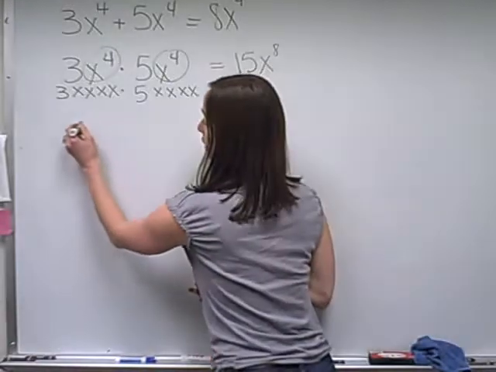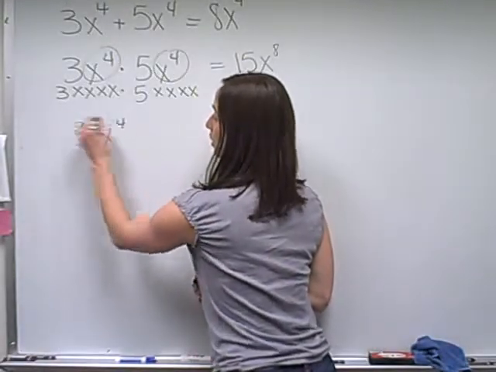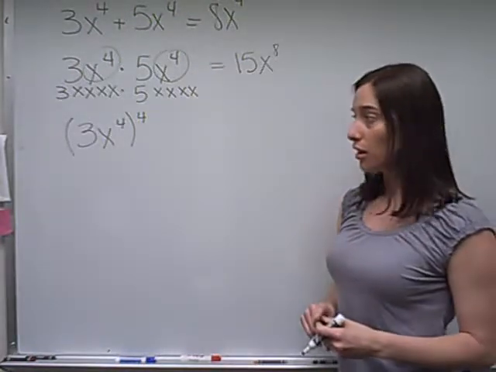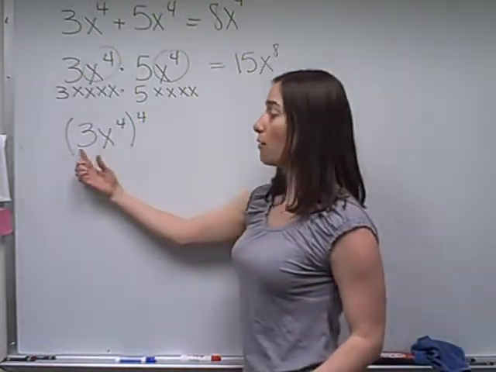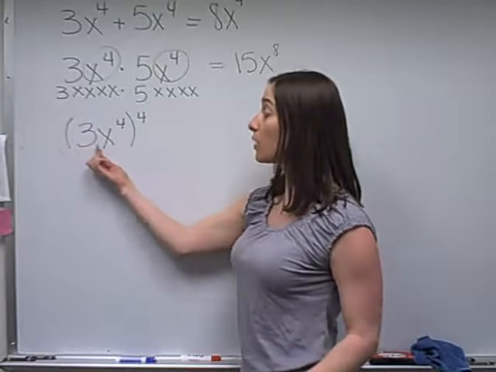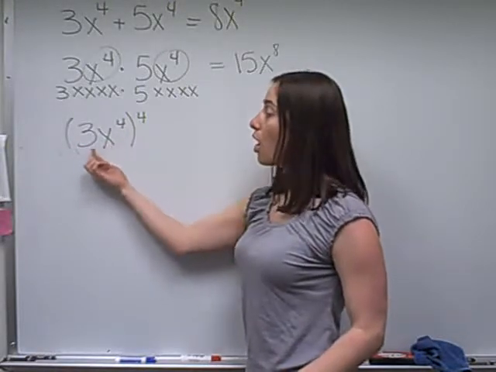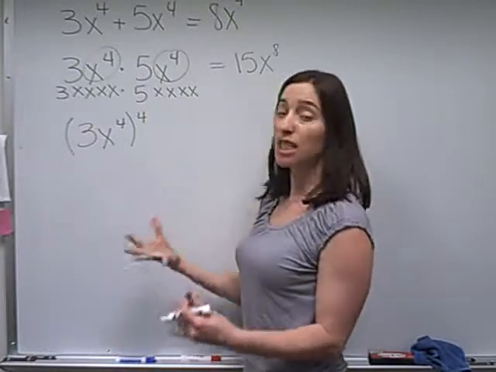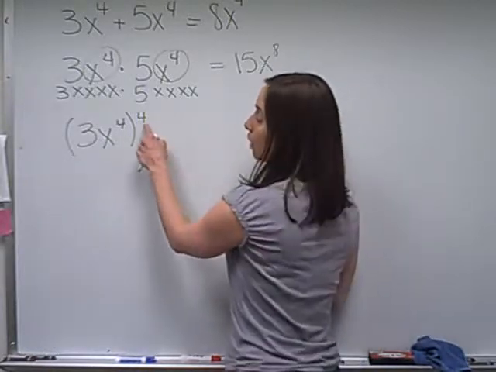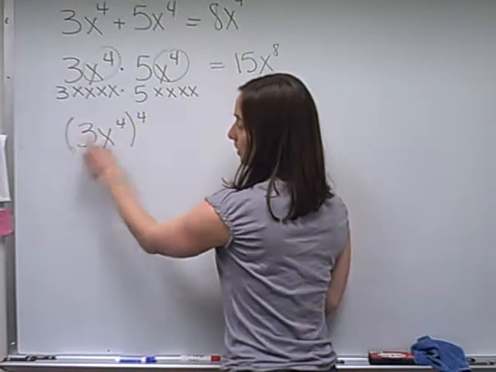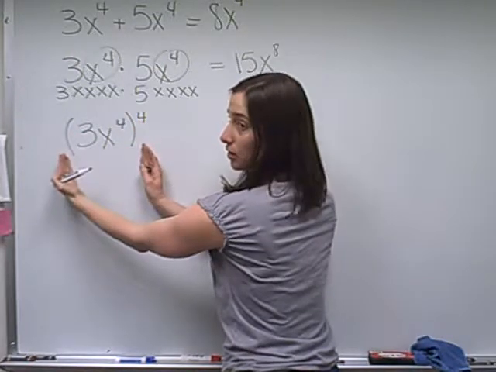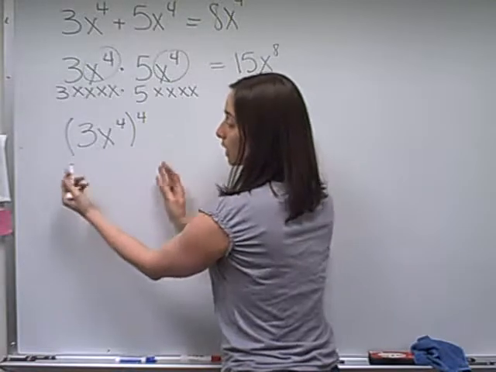Now this situation is a little bit different. When I look at this problem, I have the quantity 3x to the fourth, all to the fourth power. So if I was actually going to expand this out, the 4 on the outside of the parentheses tells me that I have this entire term inside the parentheses 4 times. So expanding that,